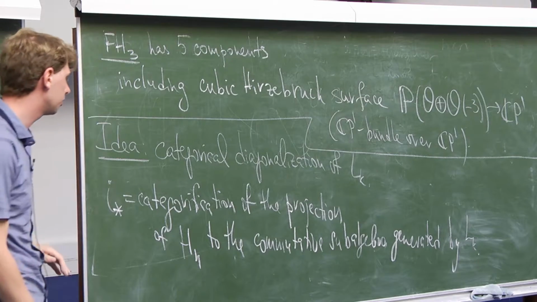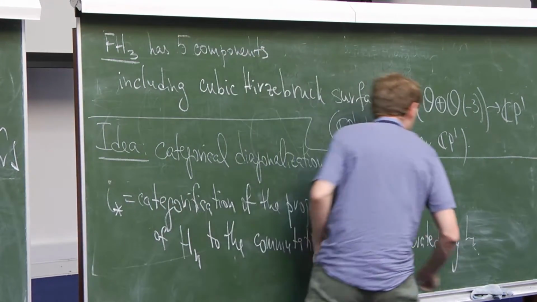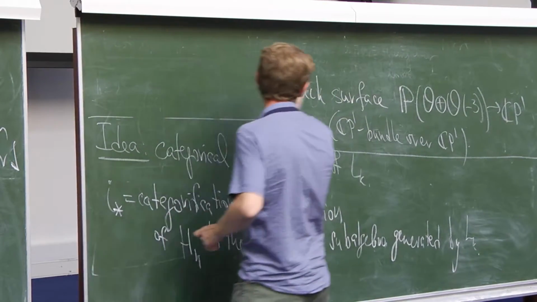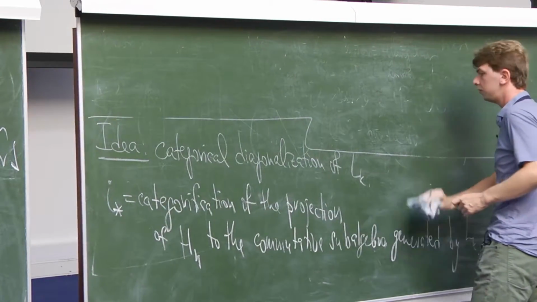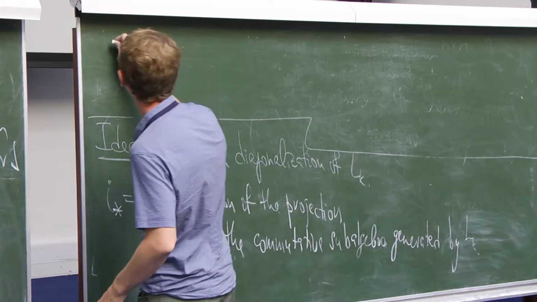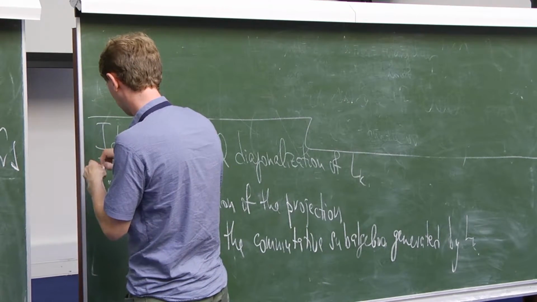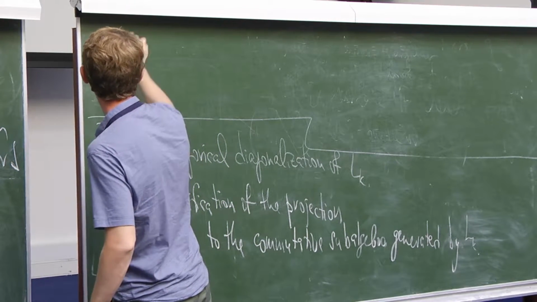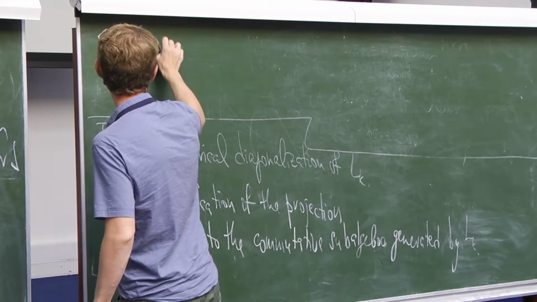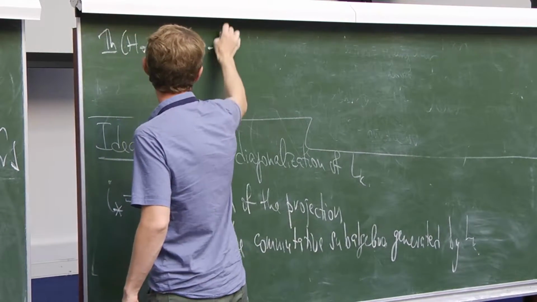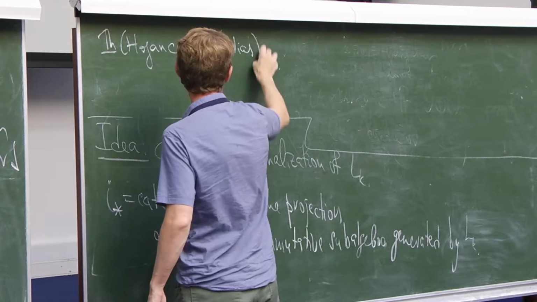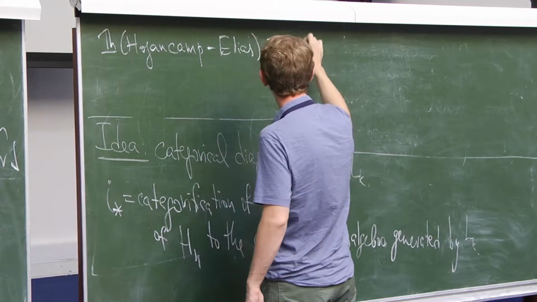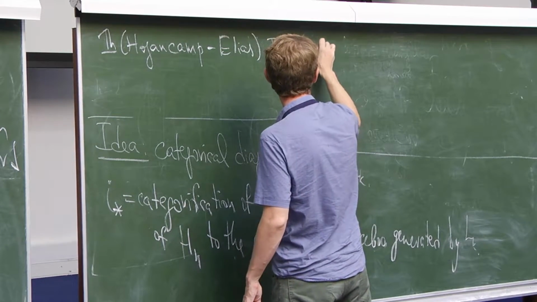I just want to mention a recent result, again, by Logan-Camp and Elias, another theorem. Elias shows that in the context of Khovanov-Rozansky homology, I don't want to say what it means,